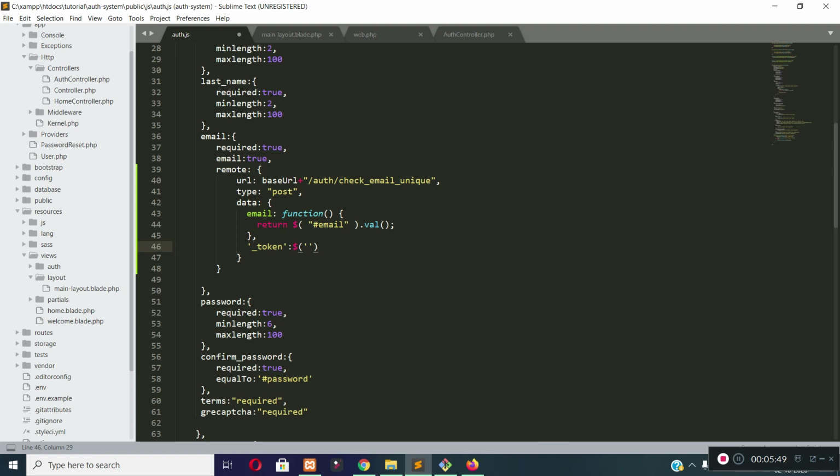So let's grab the meta tag value. The name of our meta field is CSRF token, and we store the CSRF token value in the content attribute.